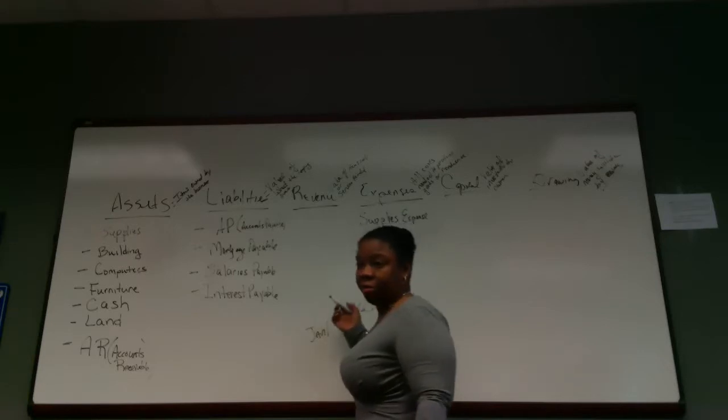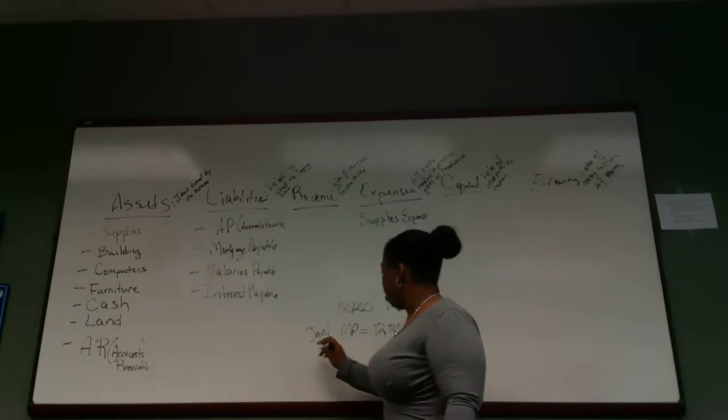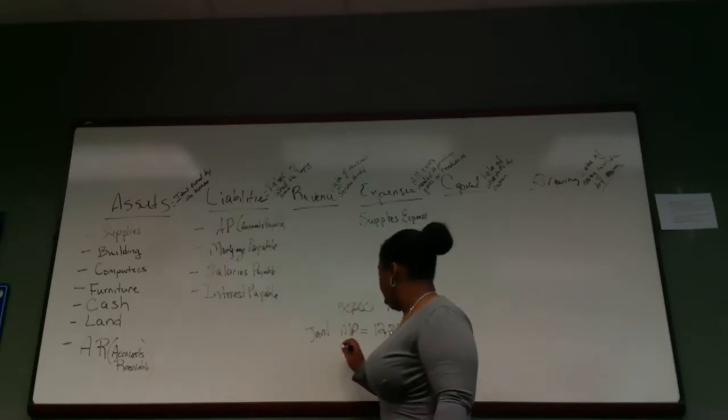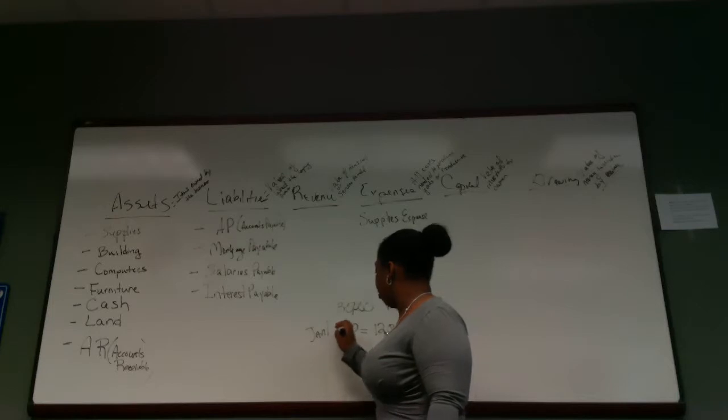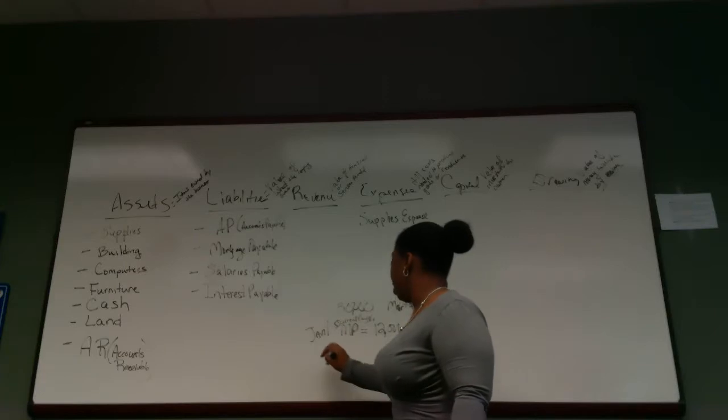This is $1,000 a month, right? This is going to be short term, or they're going to call it current payables. That's under a year. That's current payables. And then we'll have a long-term payable